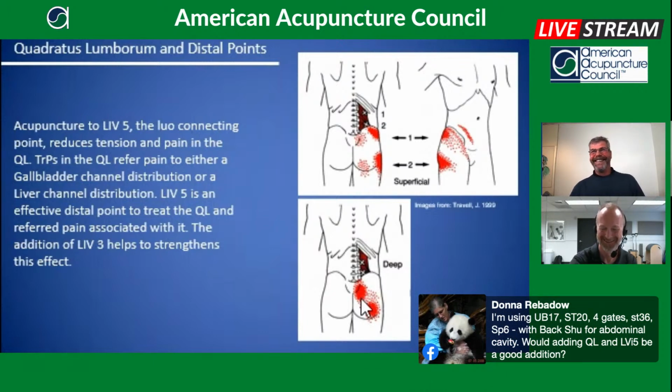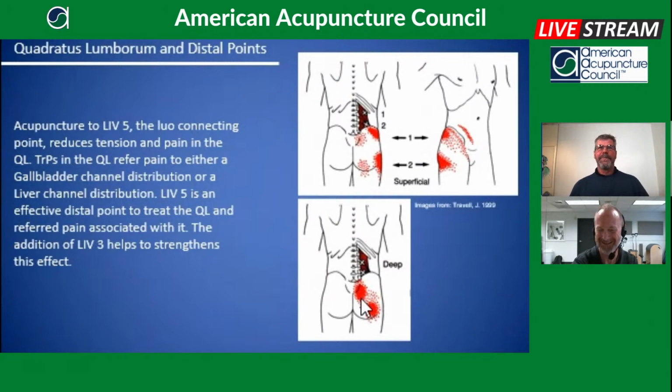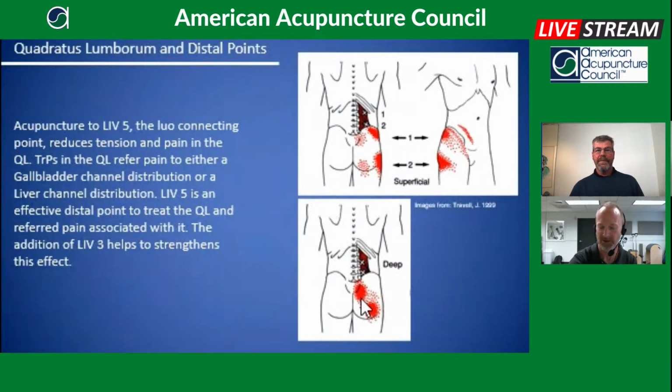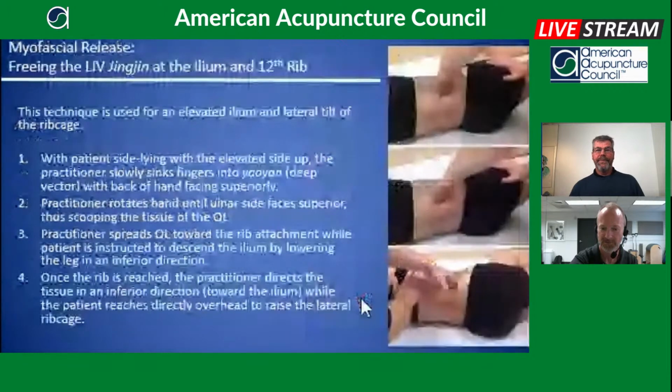Could be. All right. Well, interesting channel discussion, but it's a really effective treatment. Palpate QL. Give it a try yourself. Before you actually needle QL, especially Yaoyan, which seems to be really highly effective this way, palpate to get a pain scale from your patient. Let's say, oh, that's a 7 when you really get on that, that really gets to the source of pain. Needle liver 5, liver 3, and then go back and palpate it and see what happens. I think you'll find that if you get a really good Chi response at those distal points, that in and of itself reduces pain by 50% or more. And then the rest you get with the local needling is a really big part of the full treatment. That's good.